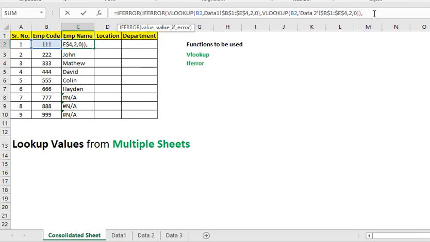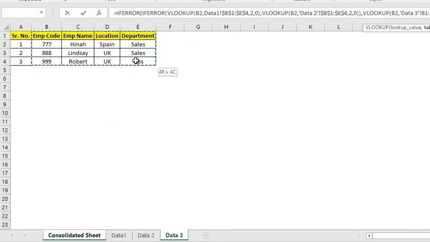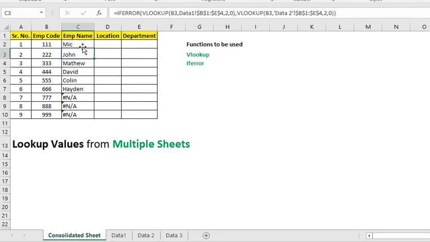Now again VLOOKUP, lookup value, comma, we will use data 3 sheet, select the table range, freeze the table range, comma 2, comma 0, bracket close for IfError, and enter. Now drag the formula. Now you can see all the names are available. Okay, so these 111, 999, 888, we have got the name.